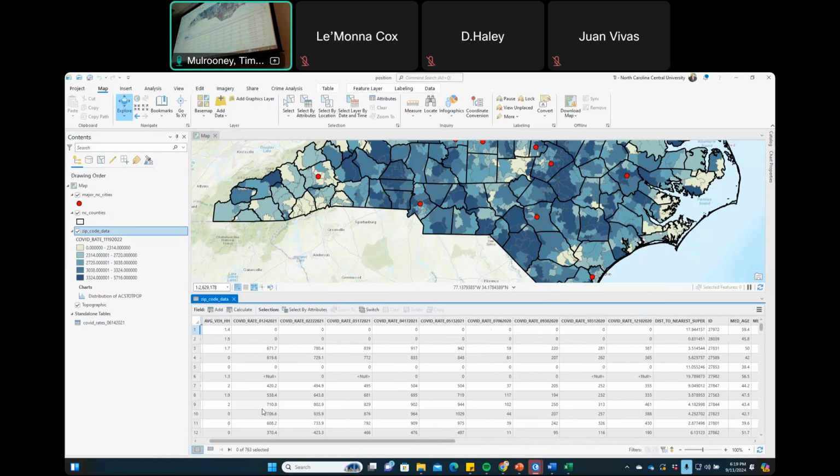Now what we're going to do here is calculate the COVID change rates between 9/30/2020 and 9/30/2022. What's so significant? What happened right at the end of October of 2020?